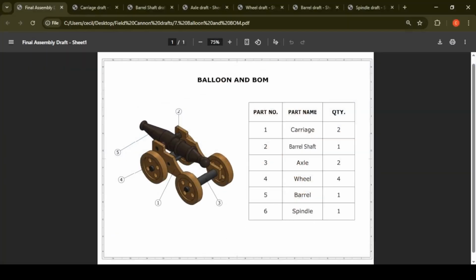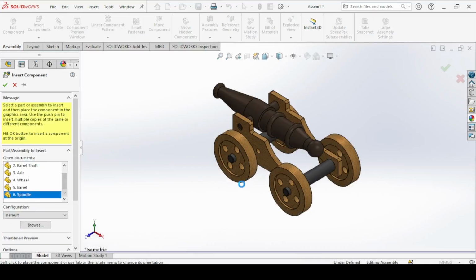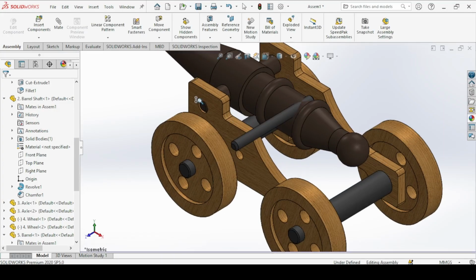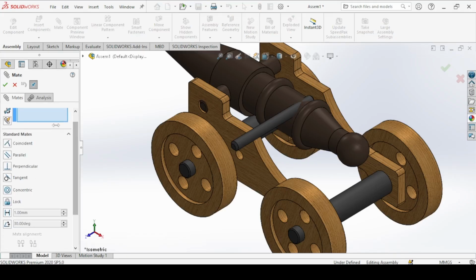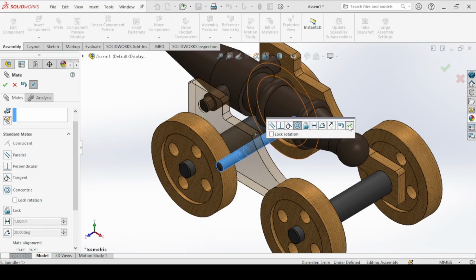Finally, we insert the spindle. So insert component, click on the spindle, bring it here, okay. So rotate about the y-axis. So in this box, rotate component about y, meet on a standard meet, click on the hole and the shaft, okay.